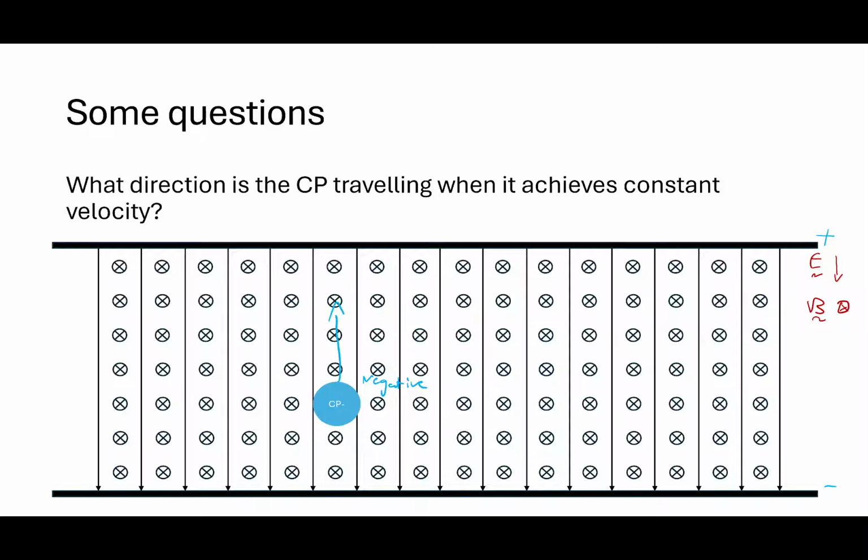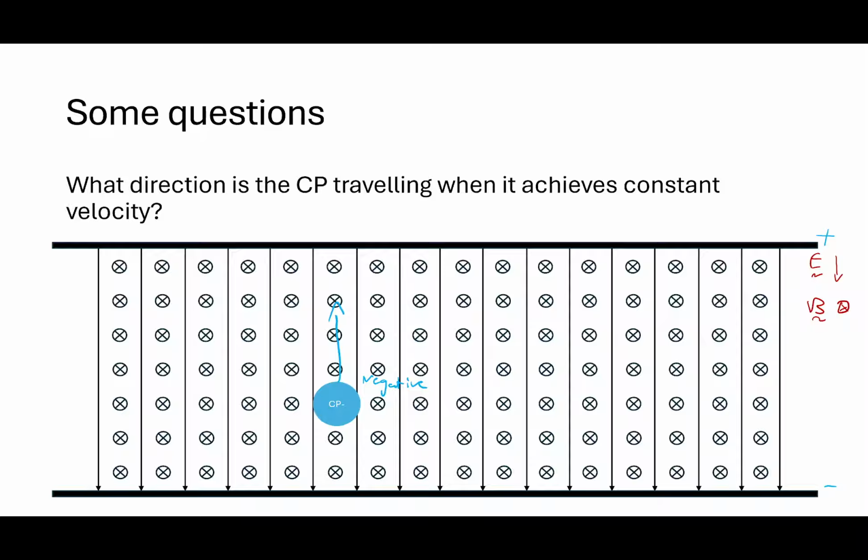So initially it goes upwards, but notice how there's also a magnetic field. Because the magnetic field needs the charged particle to be moving to accelerate it, once the charged particle actually starts moving from the electric field, that's when a force is applied on it, and we can find the direction of the force based on the right-hand slap rule. So since we've got the charged particle moving upwards,